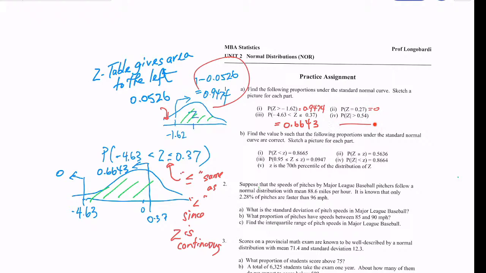So this last problem, how would you solve this problem, or what does this problem mean? In this problem, you need to realize what it's saying. It's asking you to find the area outside, in the tails, beyond 0.54 standard deviations from the mean and 0.54 standard deviations below the mean, above and below. So the drawing that corresponds to this problem